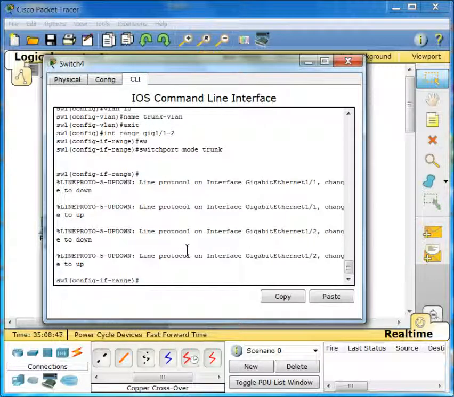Now they're trunks. Switchport. I'm just hitting the up arrow. Well, let's see here. Switchport trunk